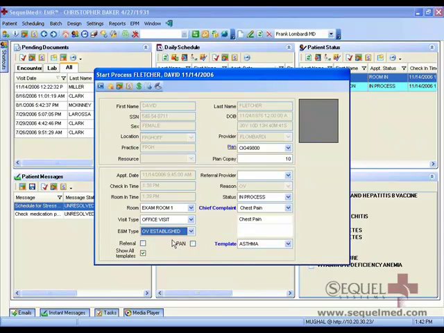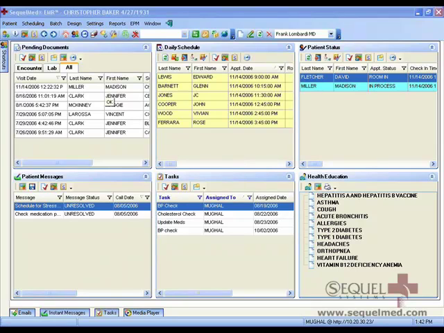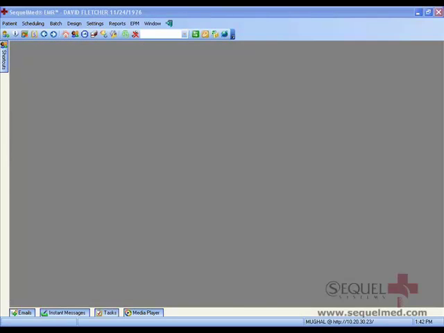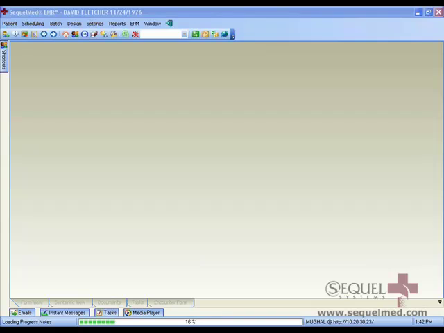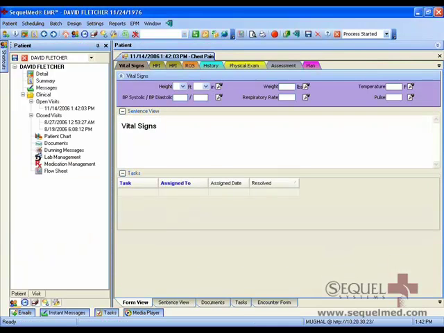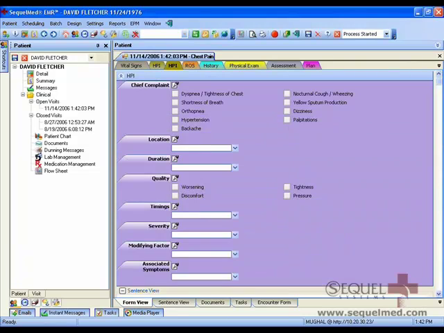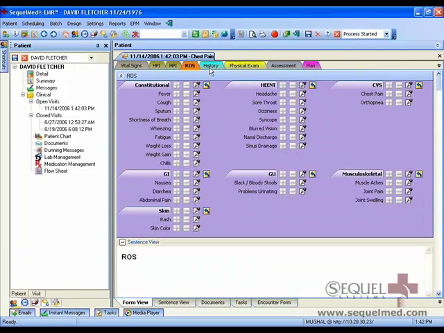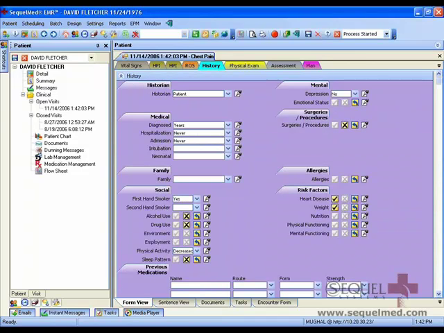So there is a built-in evaluation and management coder available in the system. And once I click on OK, it now loads the template as it was particularly designed with respect to this respiratory illness. And what I see is, again, conventional flow: vital signs, history of presenting illness, review of systems, past medical history, social history, physical exam,